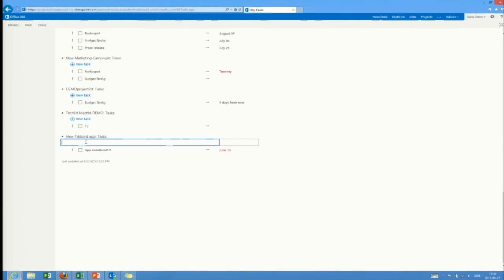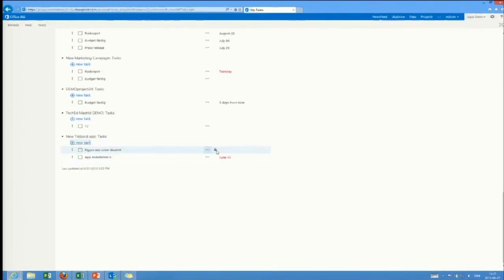I can say, oh, I really need to figure out the color scheme for this application. And you can note there's a little privacy icon to the right-hand side here. This task is only visible to me. So if I want to add a personal task within the context of a specific project, that button is what I use. Now going into the task,